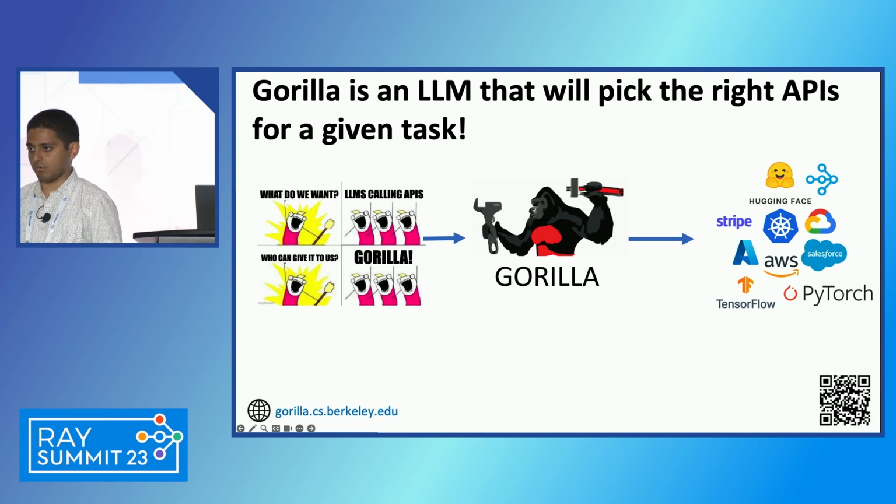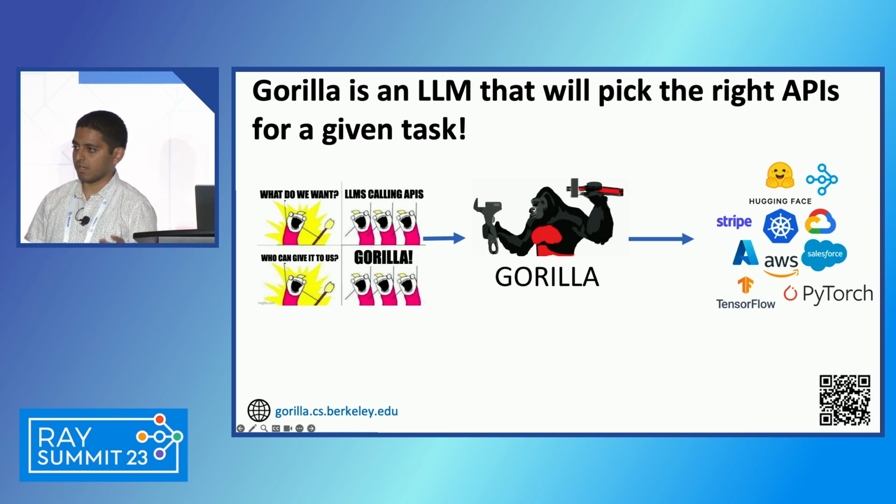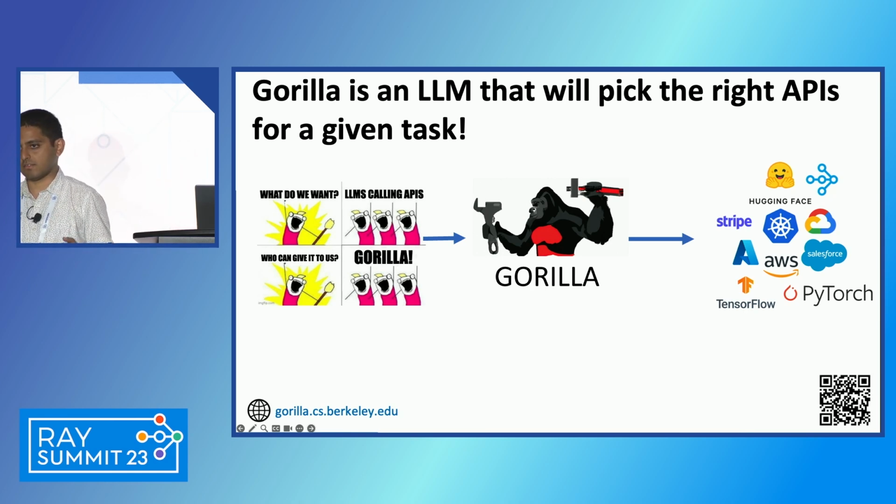Rather than chatting, you ask it what needs to be done, it gives you the code, and you're done. So what does this mean? An LLM is a powerful tool, but a tool nonetheless. And one thing we know is that the way you augment tools to be more useful is by connecting them to other tools. Right? It's only when you connect tools together that they become more and more powerful. Well, that's great. So how do you connect tools in computer science?